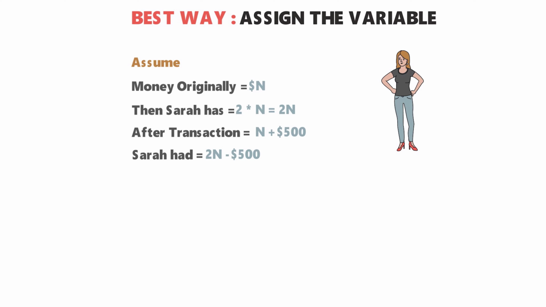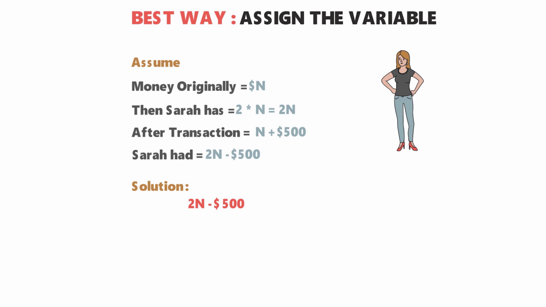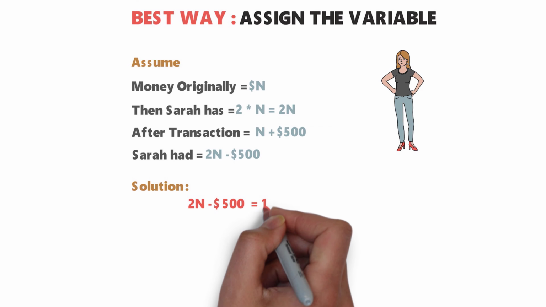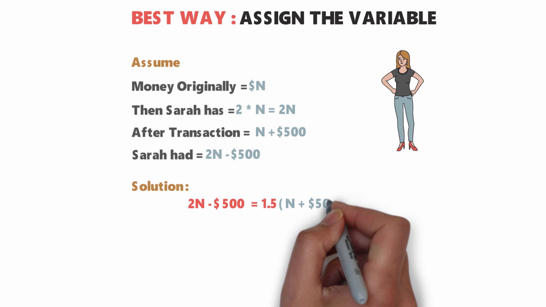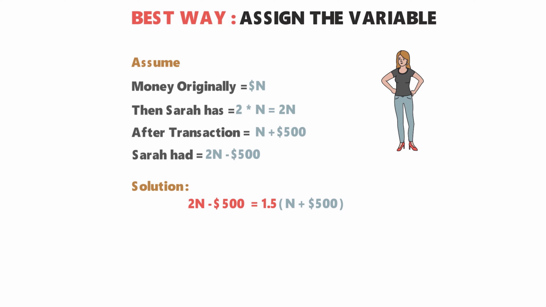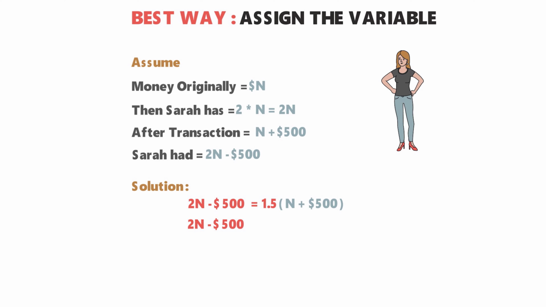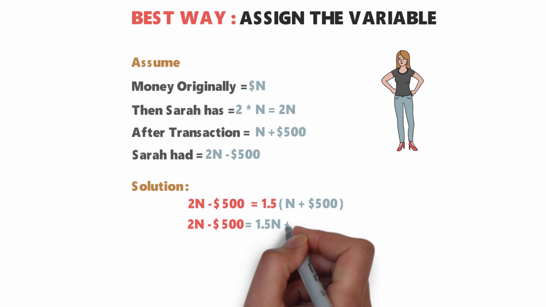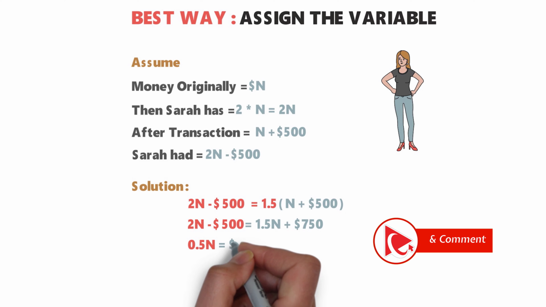Based on this information, we can build an expression. 2N minus $500 equals 1.5 multiplied by (N plus $500). Let's go ahead and simplify this expression. We will get to the result of 2N minus $500 equals 1.5N plus $750, which means that 0.5N equals